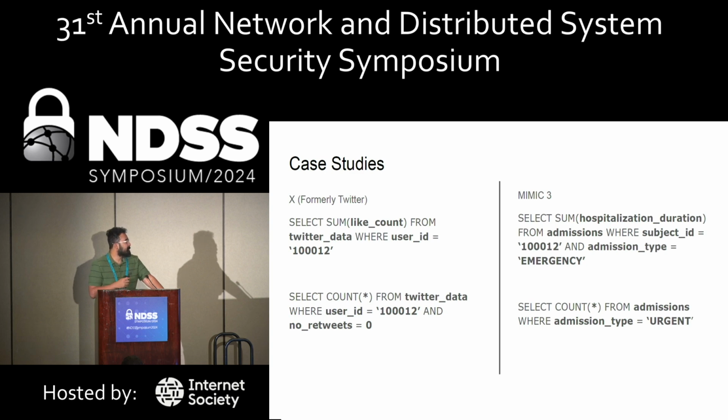And for the medical data set, we tried queries which have aggregations and constraints around various fields such as admission type, ethnicity of patients, patients in general, and also things like drug dosage and duration of hospitalization. The detailed results of all our case studies are available in our paper,